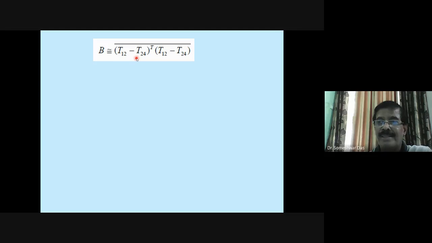The difference between the forecast valid at 00 GMT of today, the 24-hour forecast, and the forecast valid at the same time, which is the 12-hour forecast, that difference is your model forecast error. And because you are using this forecast as a background for the next simulation cycle, the first guess, of course I'm just telling you the 24-hour minus 12-hour, but you are using the 6-hour forecast. In any case, the error will be there in the 6-hour forecast also, so you are assuming that this 6-hour forecast error is the same.